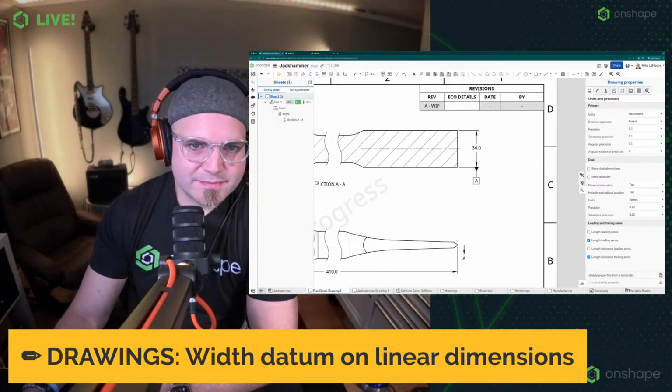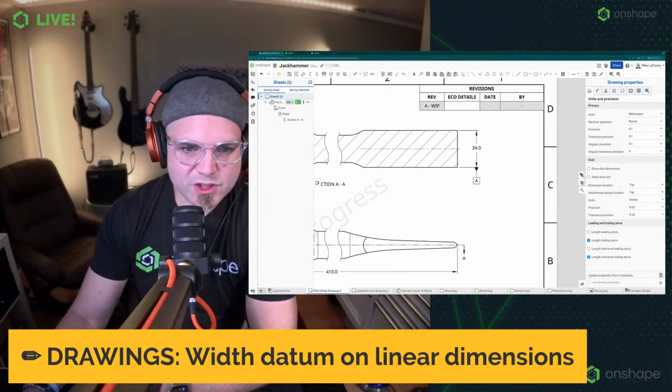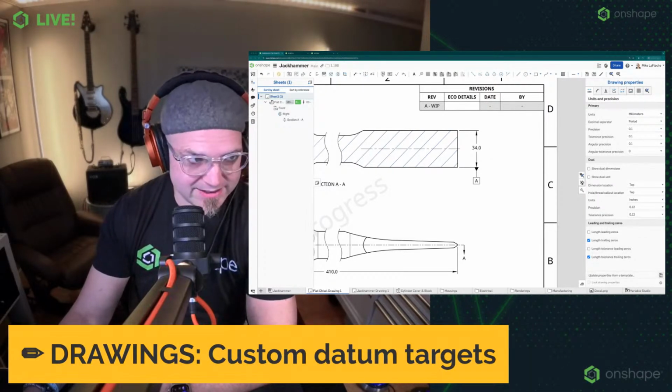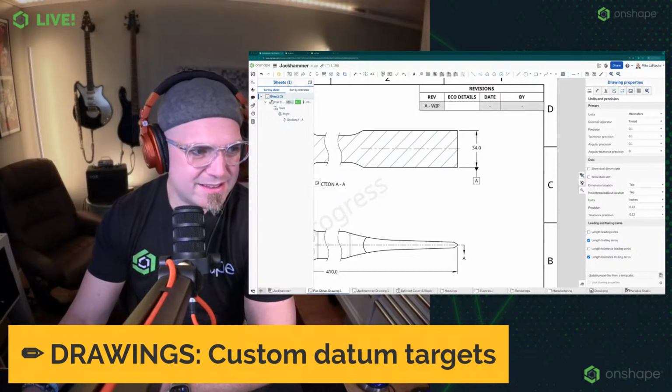Other things with drawings are custom datum targets as well. Okay, so a custom datum